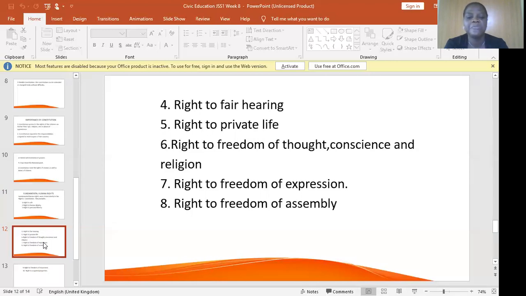You have the right to freedom of expression. You are allowed to talk constructively. You are allowed to say your mind constructively. You can criticize constructively. So you have the right to express yourself. But God has given us wisdom so that, because you have the right to express yourself, you do not begin to express yourself anyhow. You coordinate yourself, you highlight your points, you coordinate your points, and you present your points to a meaningful extent.